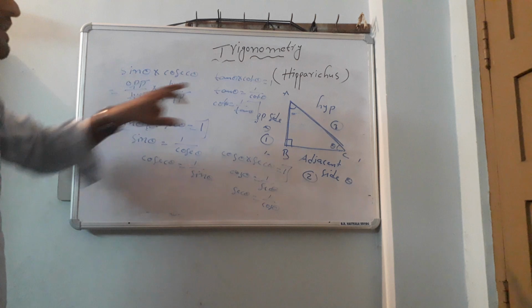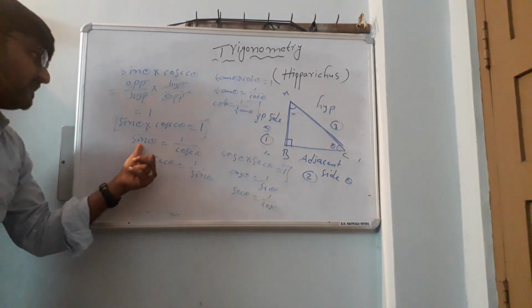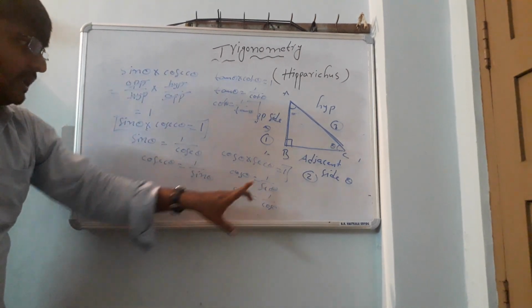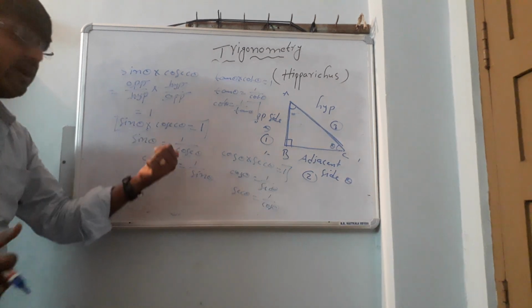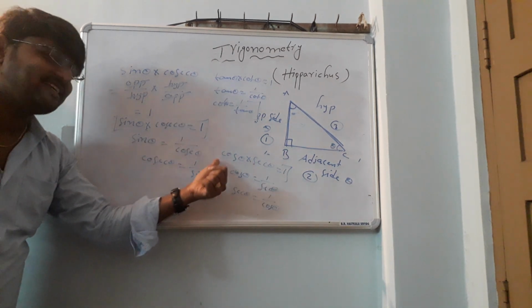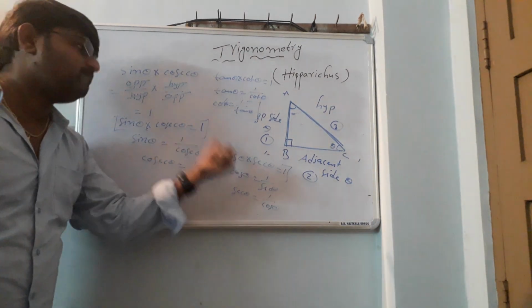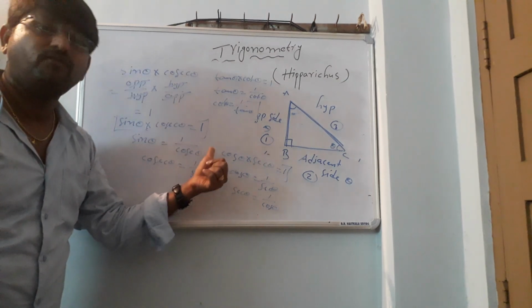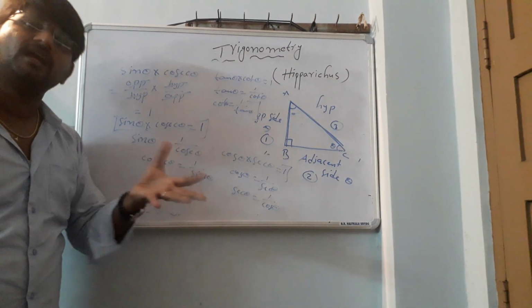What we have to observe: the reciprocal of tan is cot, and the reciprocal of cot is tan. The reciprocal of sin is cosecant, the reciprocal of cosecant is sin, the reciprocal of cos is secant, and the reciprocal of secant is cos. What we have to observe is the reciprocal ratios. So the name of this concept is the reciprocal relationship between the ratios. This is a very important concept of trigonometry. The 6 ratios and reciprocal relations are very important.